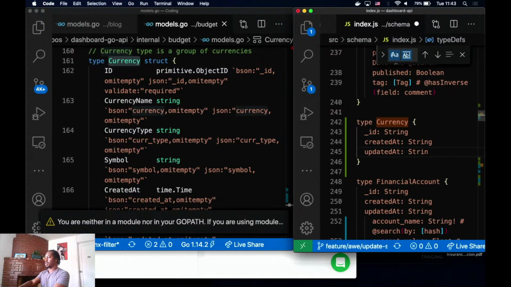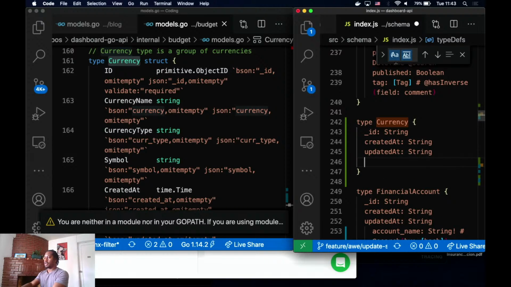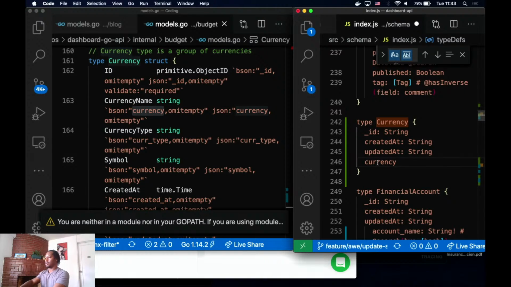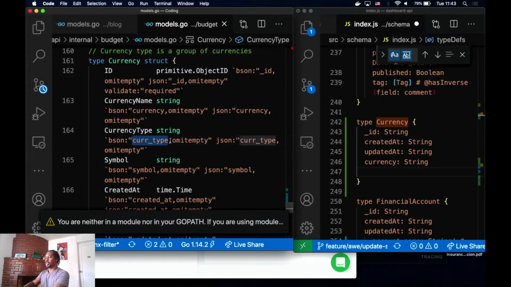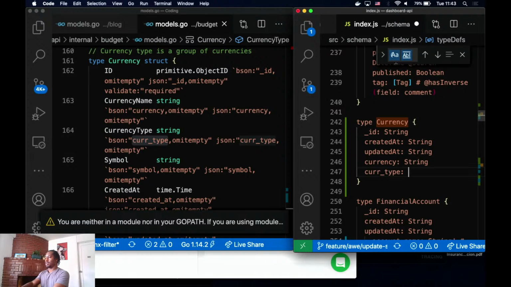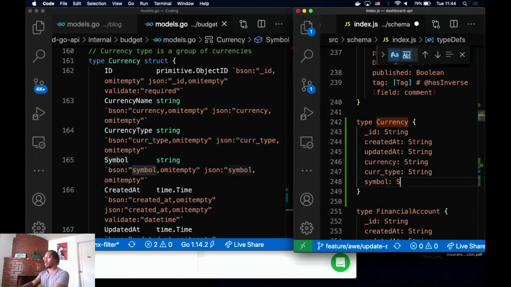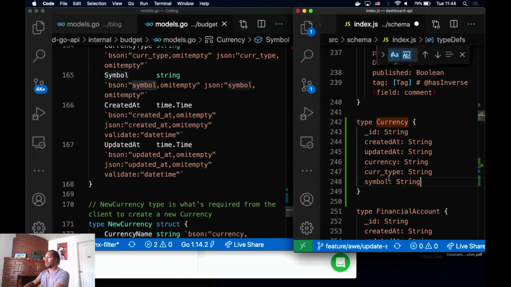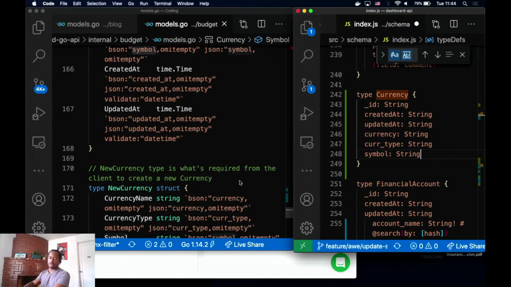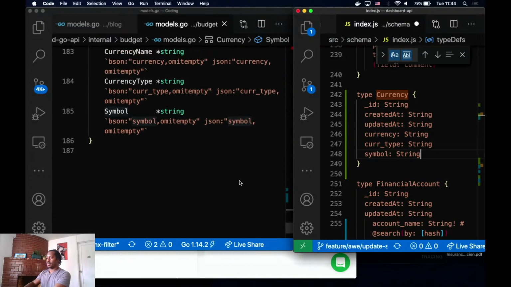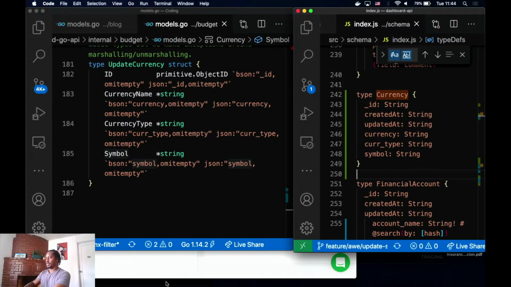After currency, currency type. Symbol. And, all right. See if it still works.